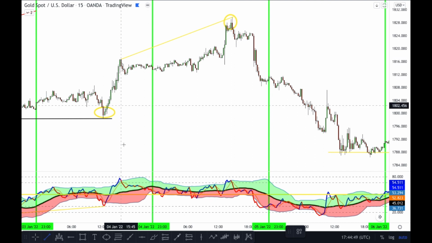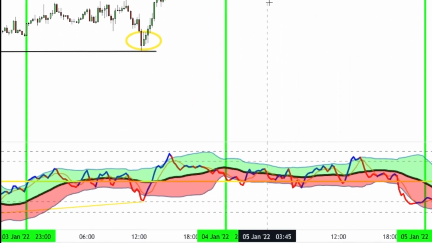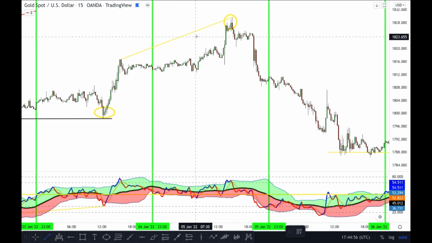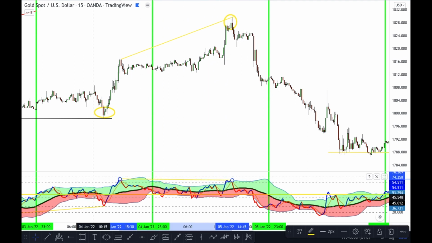We had our first spike out of the TDI right here, and then from that spike out of the TDI, what we do manage to see now is price keeps buying, buying and buying. We can see that the TDI is not really doing too much here, and if we do mark ourselves a nice level from here to here, we can see the TDI created a double top, which is 2 higher highs.